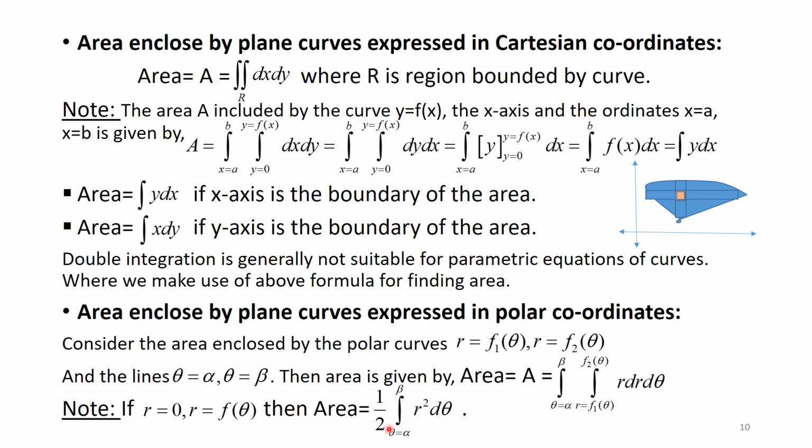So the term comes out as r square upon 2 from the limit theta equal to alpha to beta, and then integrate with respect to theta by substituting the upper limit r is equal to f of theta. Lower limit r equal to 0 comes out to be equal to 0. So this is the specific type where we are considering r equal to 0 to r is equal to f of theta. So if r is varying between f1 to f2, then double integral we need to consider, and if r varies from 0 to f of theta, then the area is considered as integral of r square upon 2 with respect to theta, theta varying from alpha to beta,